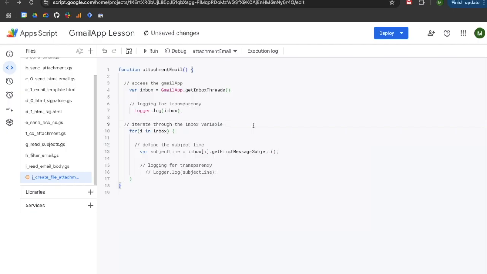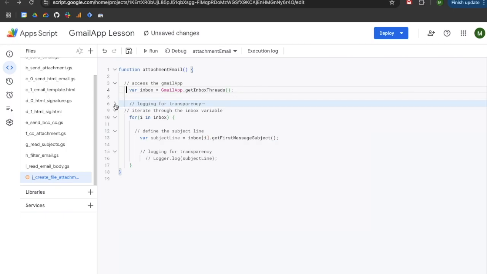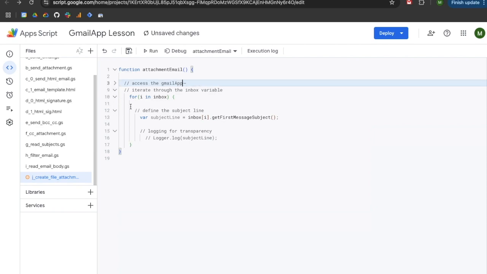Third thing you need to do is create a conditional in order to access the email that you want. Now, in addition to just being easy for me to scan, you have the ability to collapse windows. So for example, this comment here can be collapsed. So now you can see that we are no longer seeing the logging for transparency. And then if we wanted to, we could also collapse this access the Gmail app. And now that block of code is no longer on screen, so that I have a cleaner interface to work